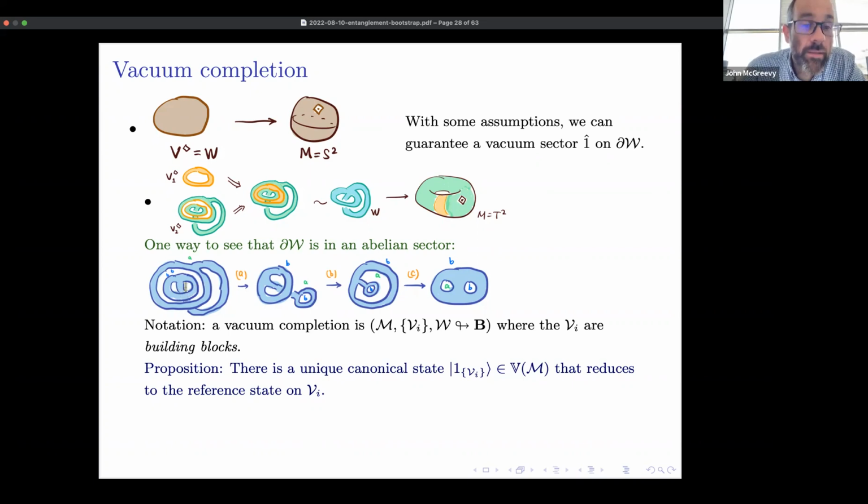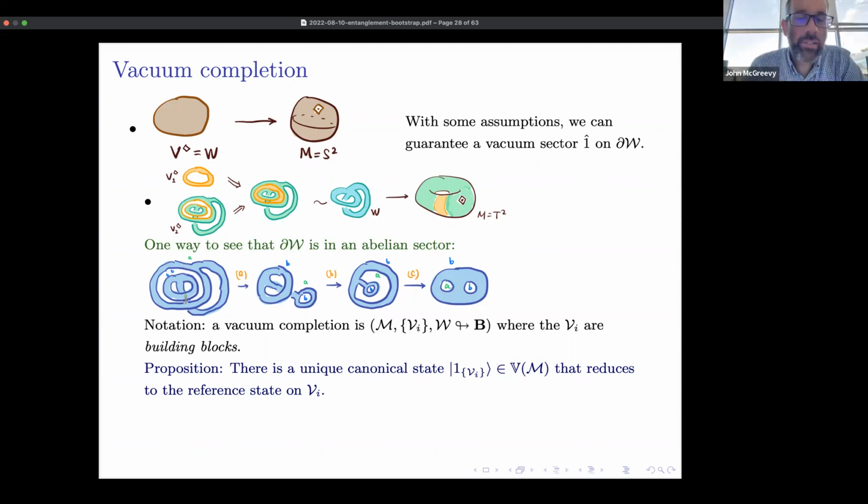Even on the ball, it looks like this, and I can deform it. So first move this guy over here to get this, and then move this thing inside this hole, so to get this. And so you see it's just a two-hole disk. And if I choose the sector B to be 1, then there's a unique state where these two boundaries are 1, and that forces A to be the vacuum. So this is a proof that we can guarantee that this sector A here is in the vacuum, and therefore we can fill in the hole.